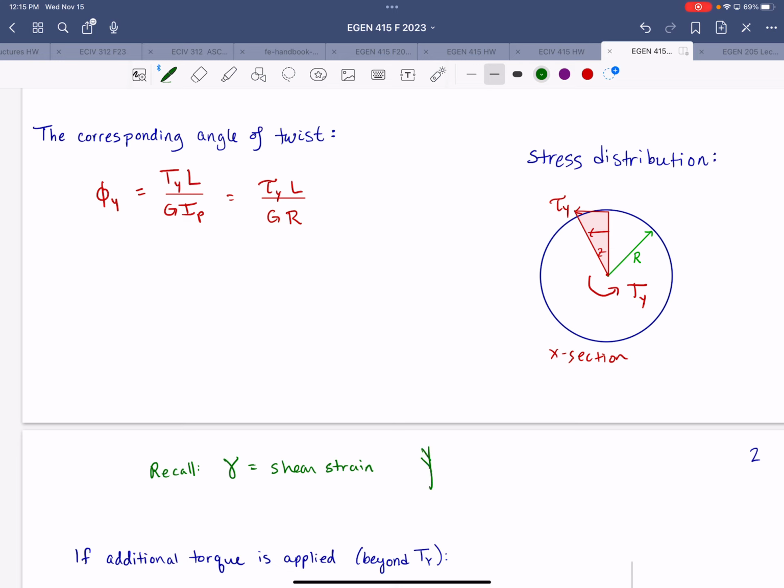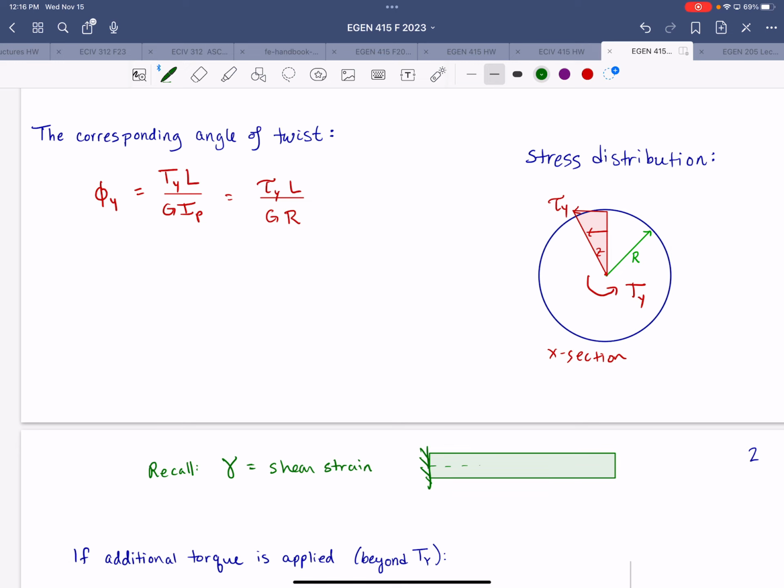But specifically for torsion, that looks like, if we have something like this, all right, with a torque applied,